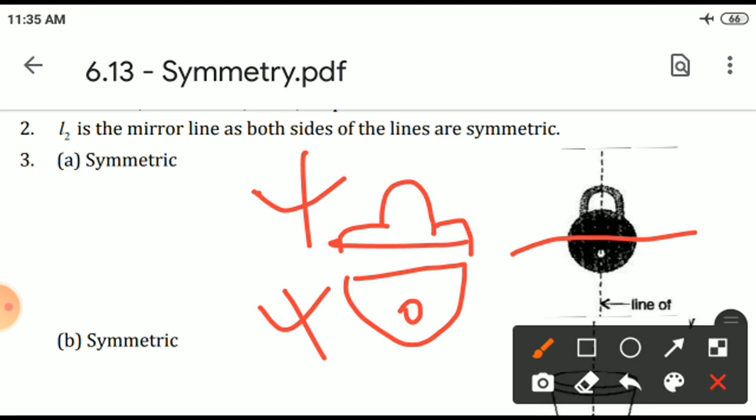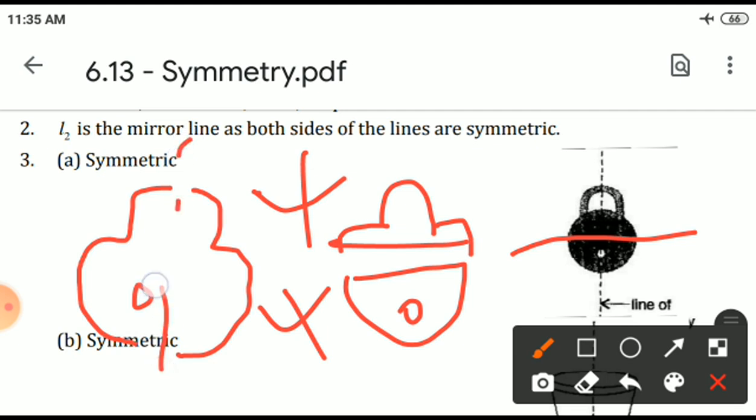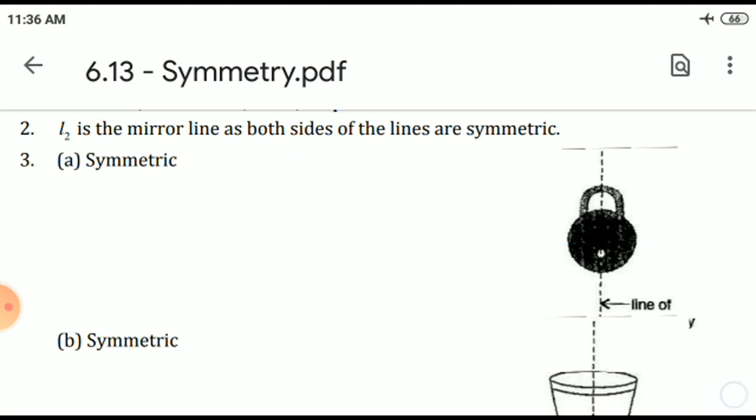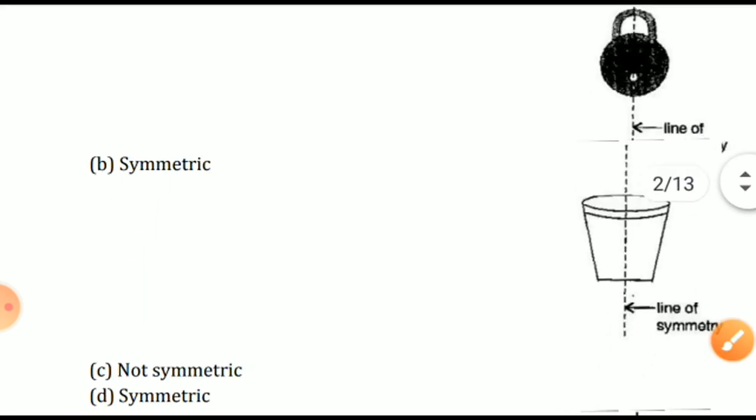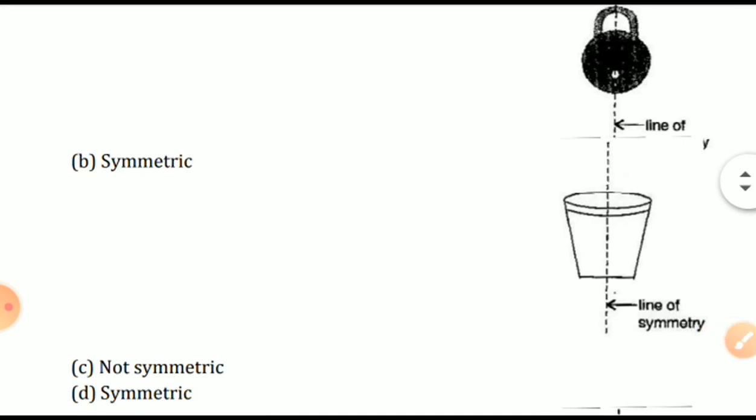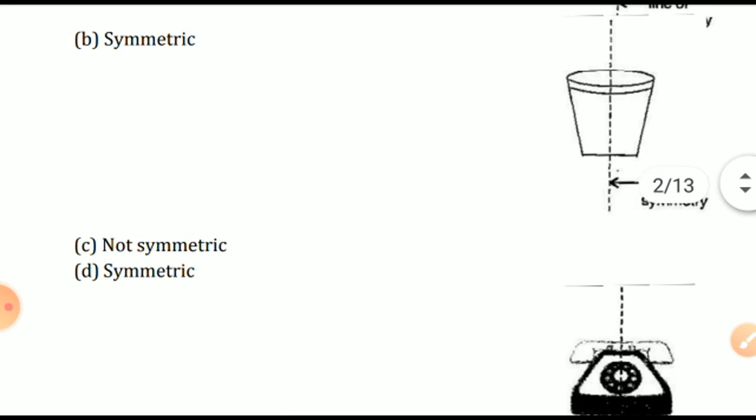But when you put it here, like this, you will get exactly the same copy here. I am trying to explain to you. Exactly like this. Is it or not? Big circle, etc. Yes, cutting on the vertical line of symmetry. A glass: line of symmetry. In the glass, you can cut it vertically.